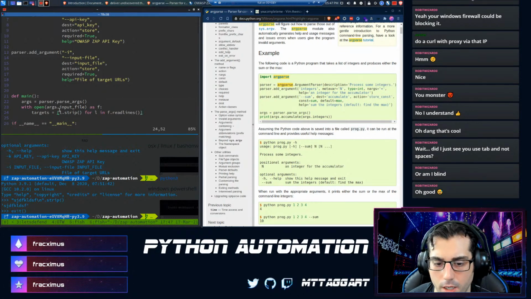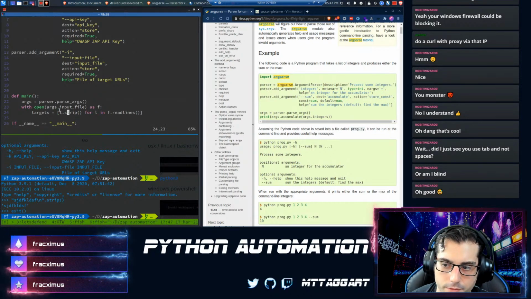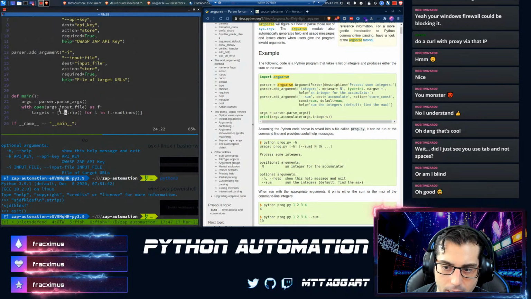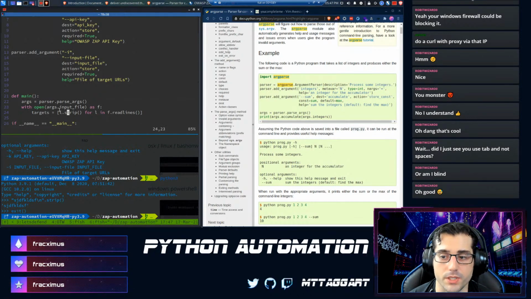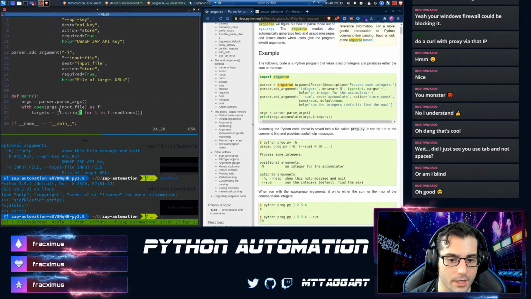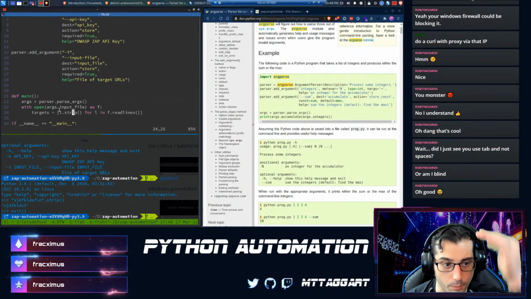So what we're doing in this list comprehension is getting the lines out of whatever file we've been given, and then for each one of them, we're getting the contents of the line, like it's one URL per line. But because I don't want that newline on the end throwing a wrench in the works, I'm calling strip on that string to get just the line without the line break.